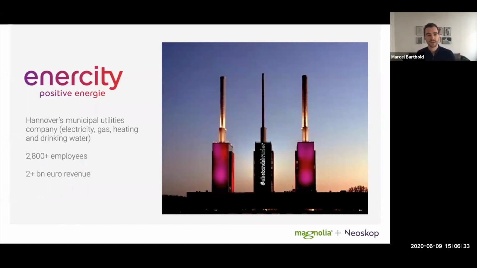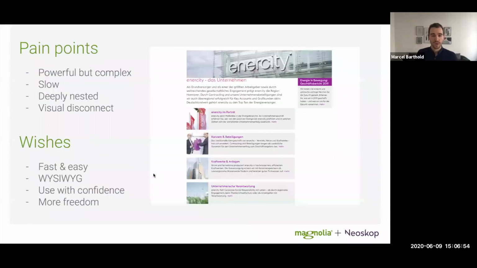They deliver gas, electricity, heating, and drinking water, and much more in Hanover, but they are also delivering electricity and gas for the whole country, for whole Germany. They have over 2,800 employees right now, and last year was their first year where they delivered over 2 billion euros in revenue. So they approached us almost 2 years ago now and wanted to make a relaunch for